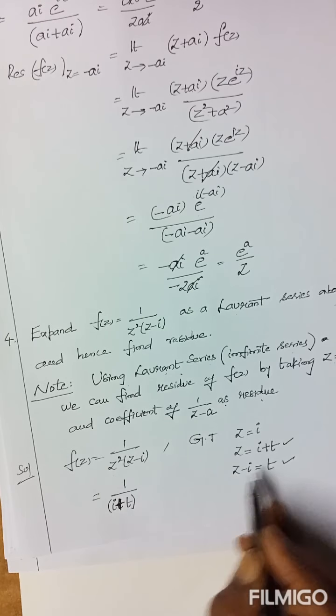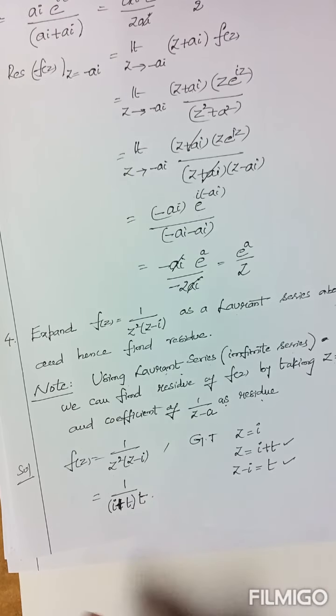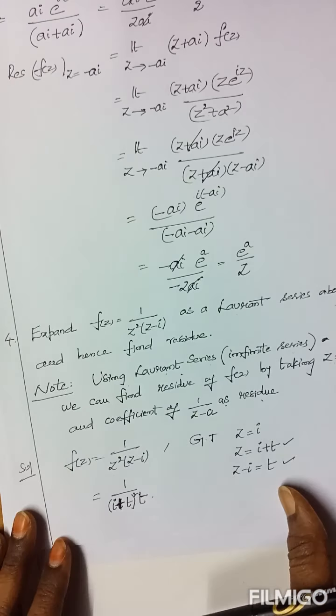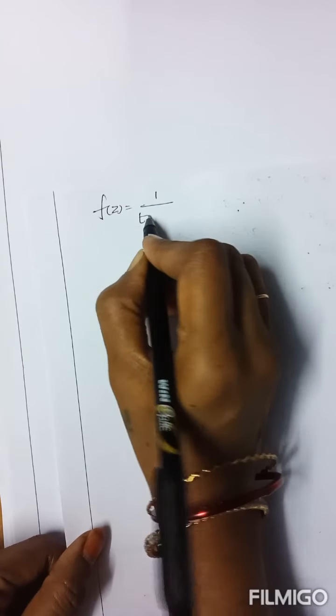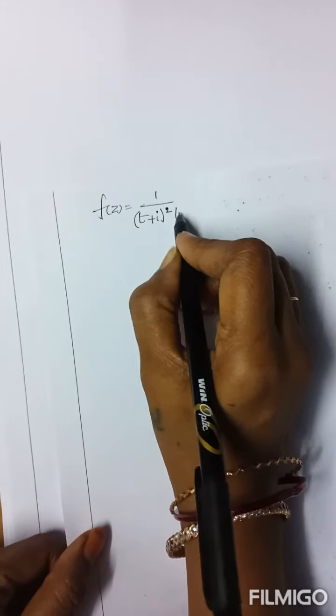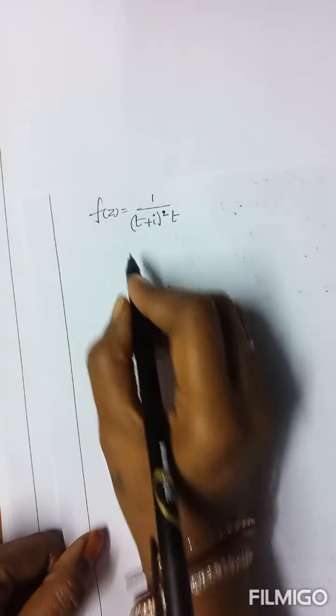Into z minus i is t. The power of this factor is 2. So that f of z is 1 by (t plus i) whole square into t. Now,